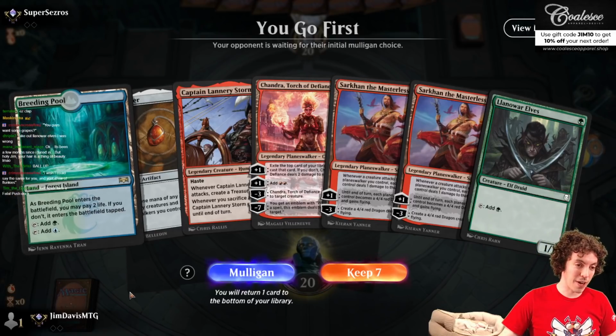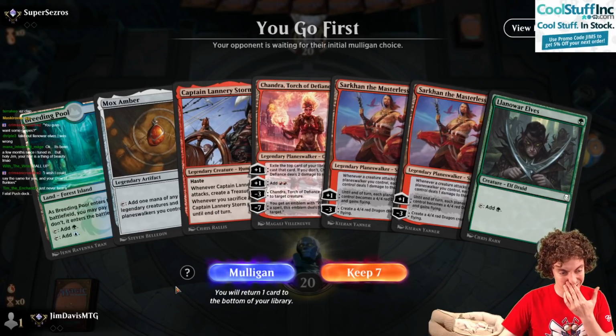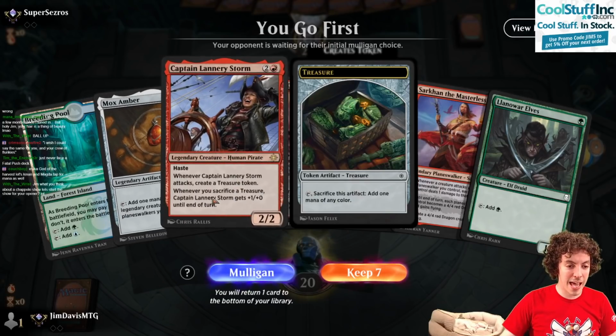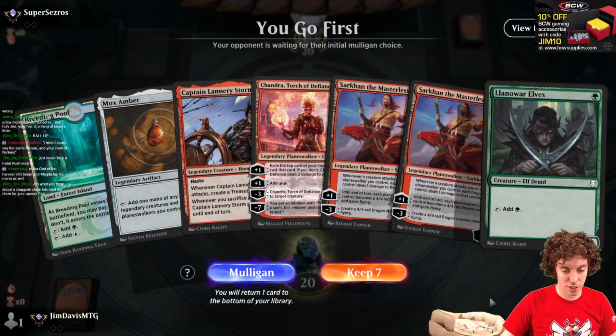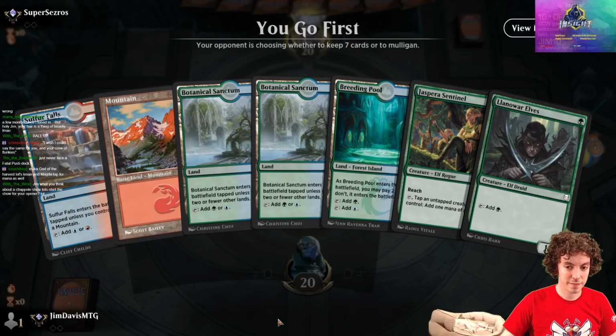If this is a Stomping Ground, I'd probably keep on the potential for turn 2 Lannery. But we can't keep this, unfortunately. Mox Amber has its downsides, obviously, you know? If this Lannery was another thing. The show is planned to be on the soundboard, yeah. That's on the agenda. We're going to mulligan this one. It's really close, but